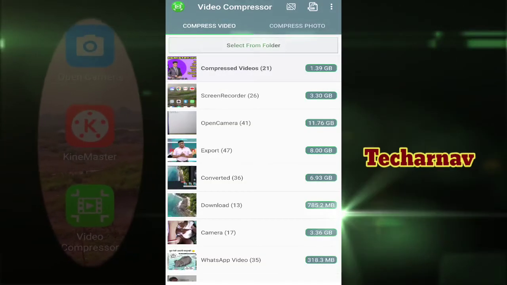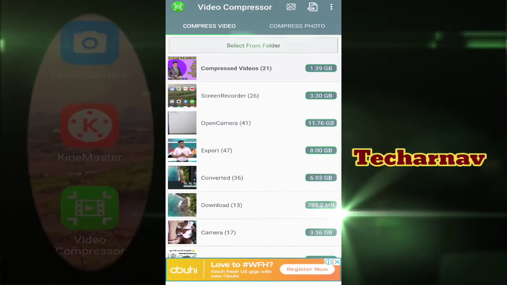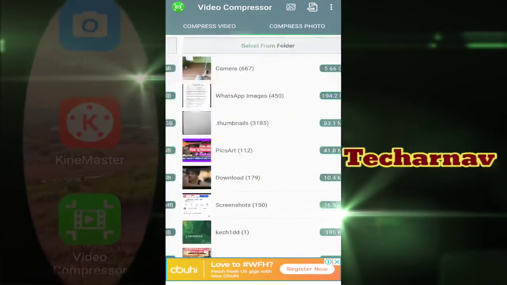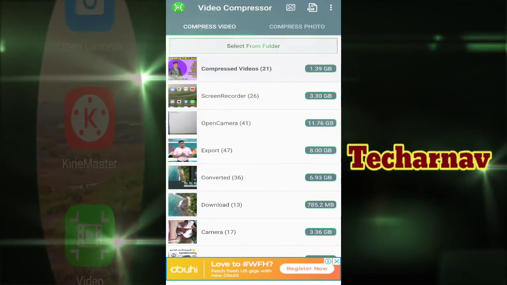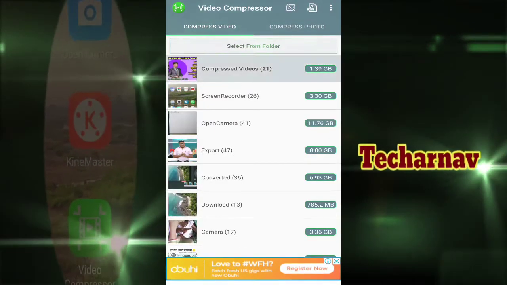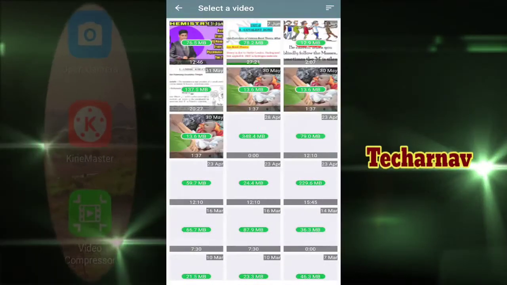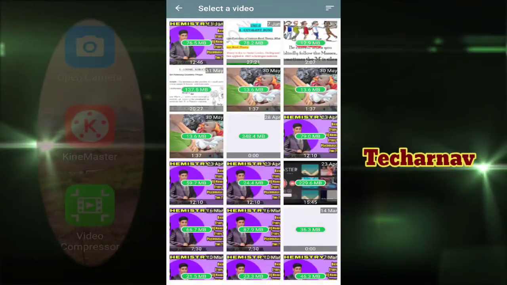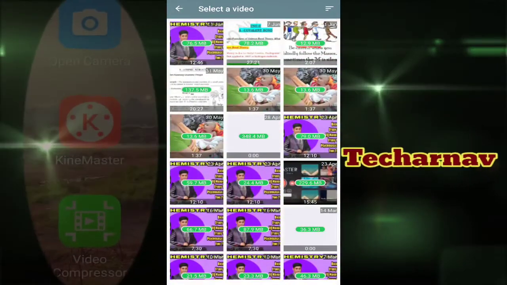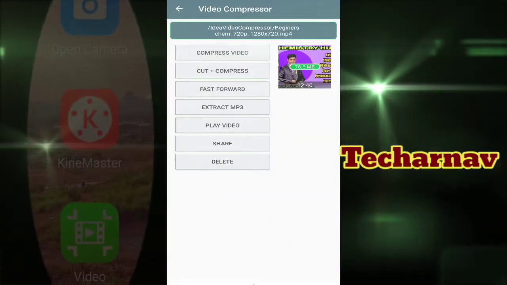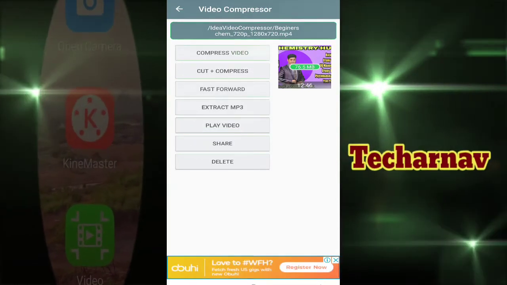Here you will get a number of properties, like you can directly compress the video or cut the video. Let me choose one of the videos, this one. These are all already compressed videos, so there is no chance of compressing more. You have to select it here, and to compress the video, click here for compression.